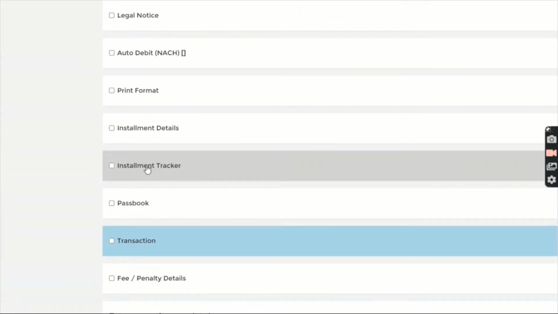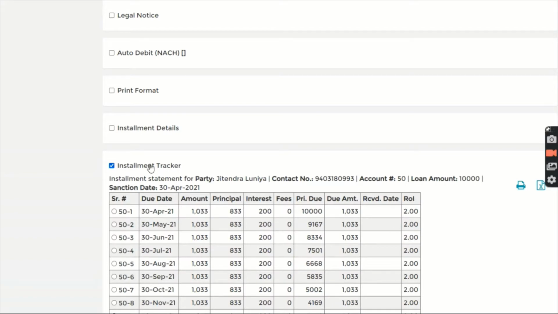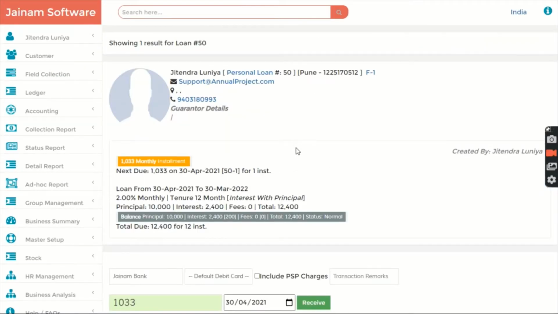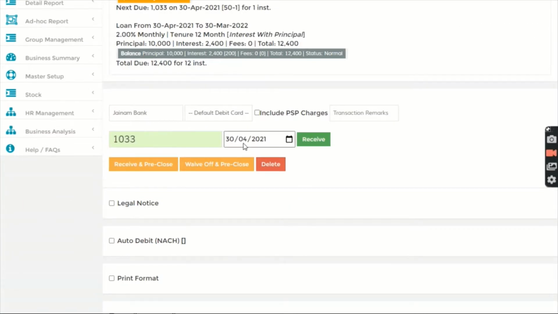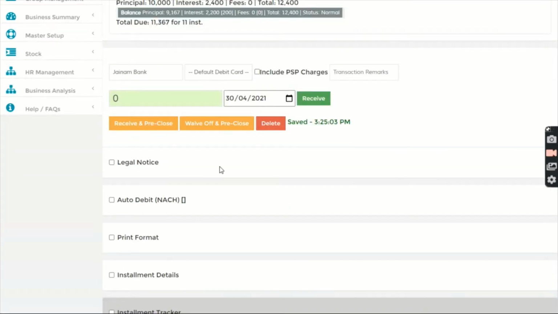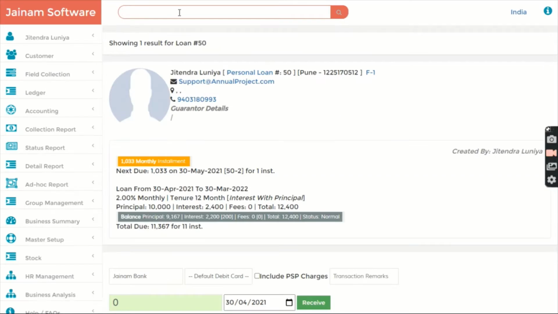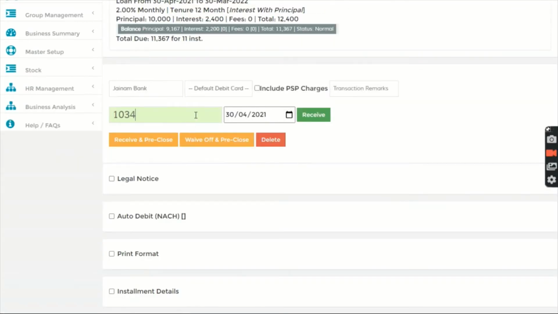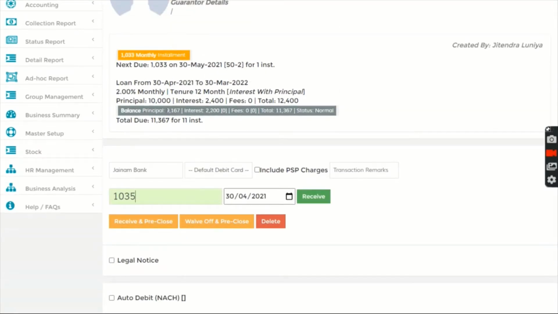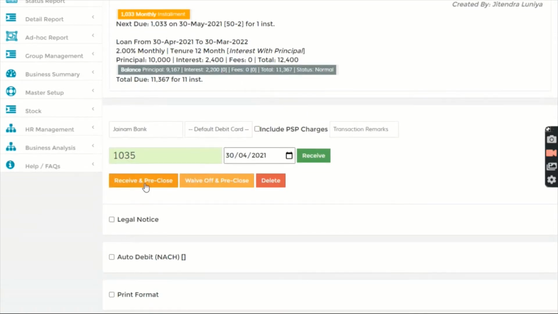I search loan 50. Okay. Now installment tracker, we can see the installment. Now what I want to do, customer has paid, let's say first installment, I receive this. Okay. Now if I search loan 50 again, I will come to know that the balance principal is this much, 9167, interest balance and fees 0. Okay. So now if I try to pre-close, let's say customer is going to pay this much and I want